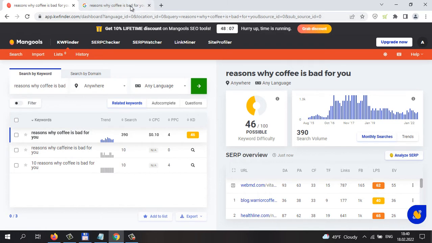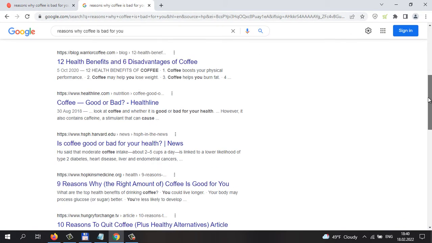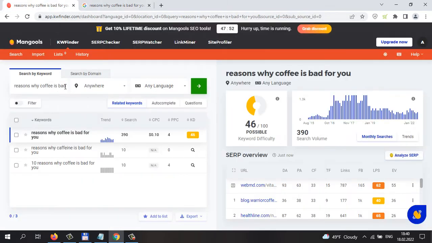But first of all, we need to go back to Google and find other different articles, because there are some articles beginning with some keywords. For example, benefits and disadvantages of coffee can also be a good keyword for us. So let's try to find it too. Health benefits and what else?